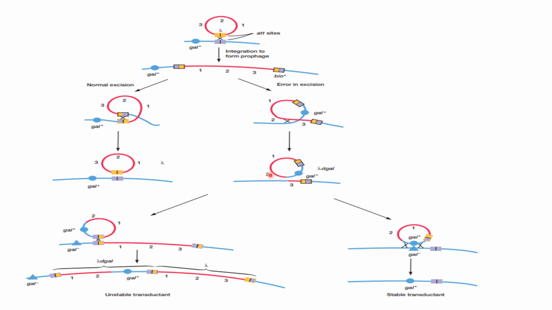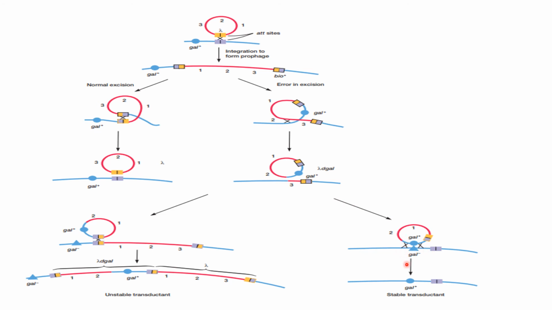packaging, and then the phage particle that will carry this lambda D gal again will undergo the lytic cycle, where the phage DNA will be entering inside a new bacterial cell, that is a recipient cell. Now this is the recipient cell, bacterial cell DNA. Now if the recipient bacterial cell is a gal minus cell, that means it cannot utilize galactose, that is gal minus cell, and when this lambda D gal enters inside this recipient cell, there is gal plus gene here and